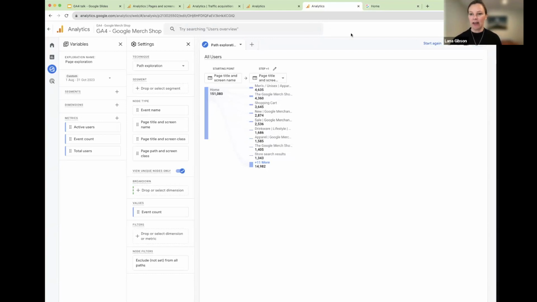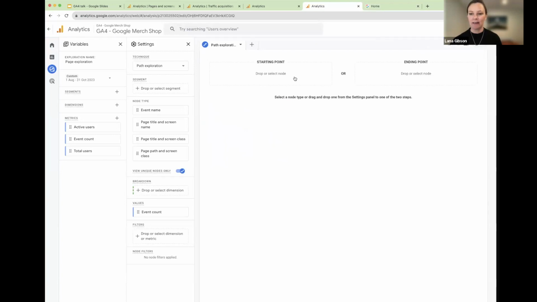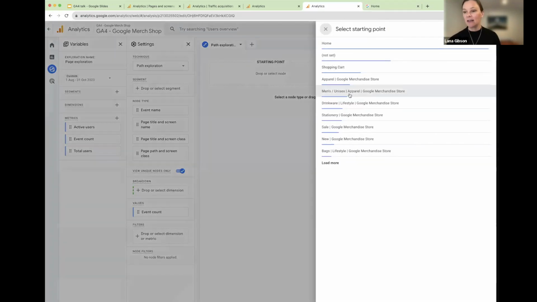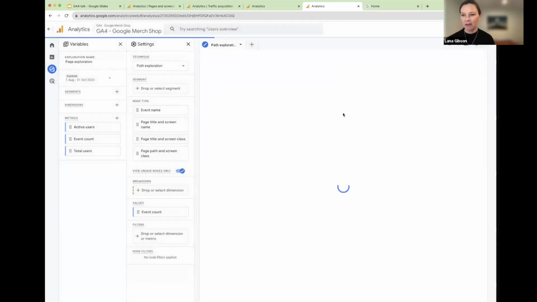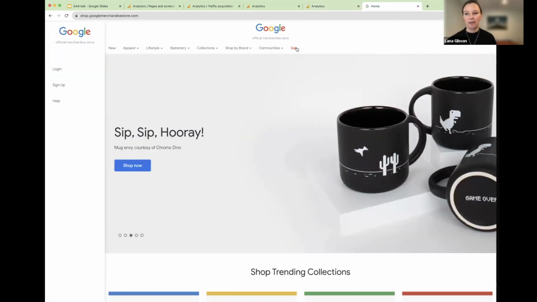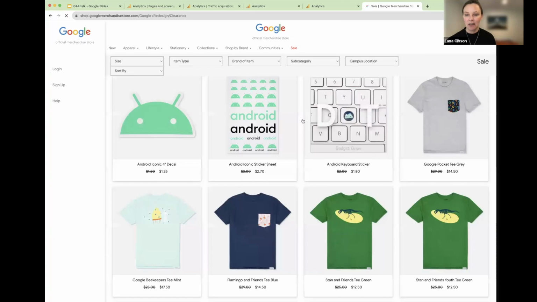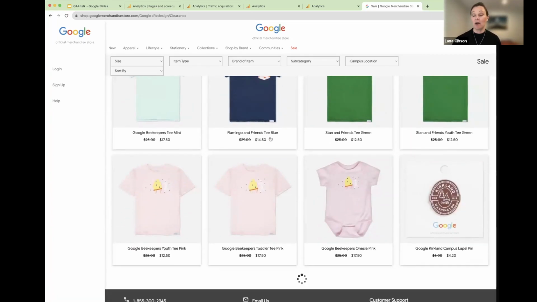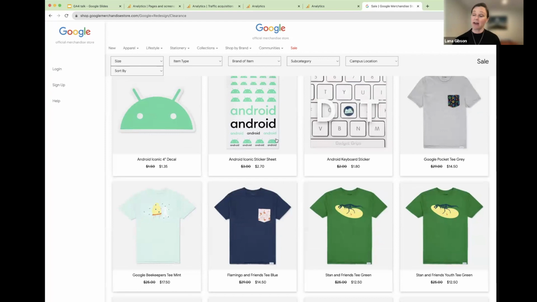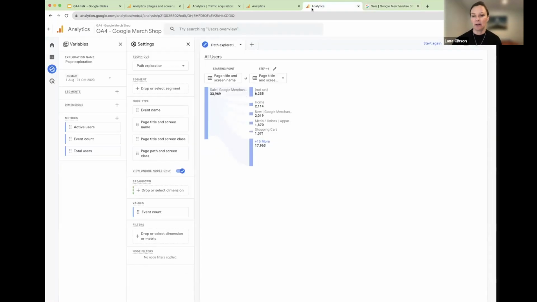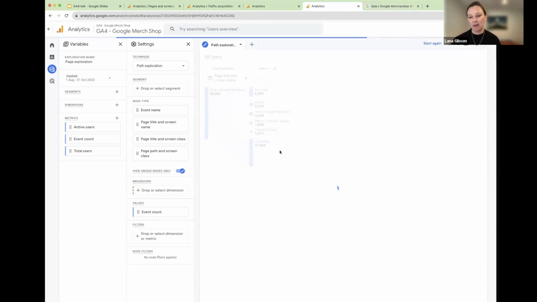Okay, so let's have a look at where people who start on the sale page go. So we can start again, choose another page. Going down, here's the sale page. So if we click on, have a look, because on this page we're getting into products. Wow, here we go. Can we actually see what products people are clicking on? Let's have a look. So, okay, some people are clicking on stuff like home, new. These are all global navigation sections, the top level sections, the shopping cart. But if we get further into it,